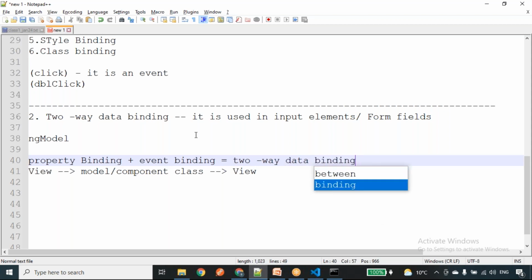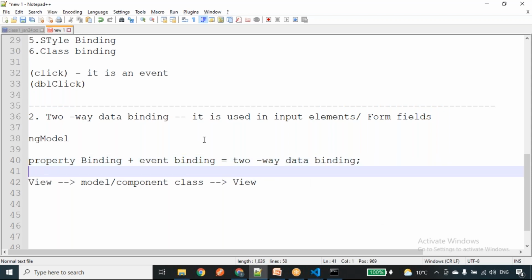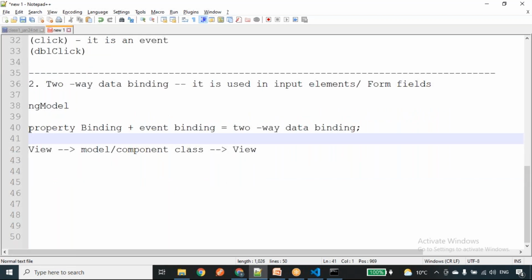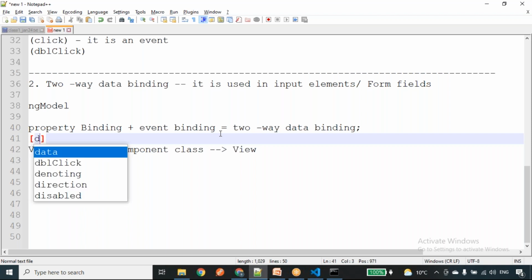This is one more definition also. We have the property binding plus event binding, and whenever you combine these two, we can achieve the two-way data binding. For the property binding, we define the properties by using the square braces, right? Sorry, square braces. Inside the property, for example, I'll take disabled.